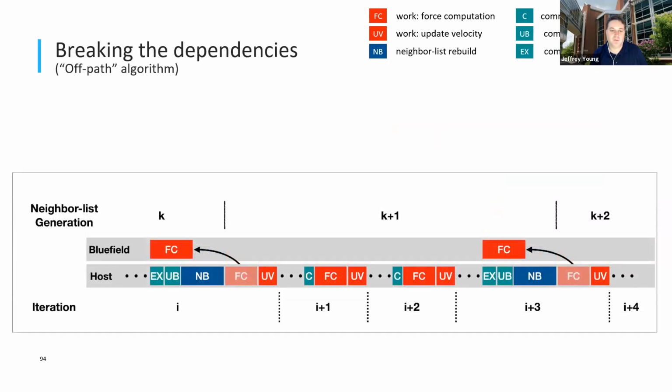Okay. So, one of the things we originally thought when we thought about optimizing this for the BlueField is that we thought it might make a lot of sense to take something like the neighbor list rebuild, which is sort of a sorting based algorithm, and move that to the BlueField. I think what we found is that,